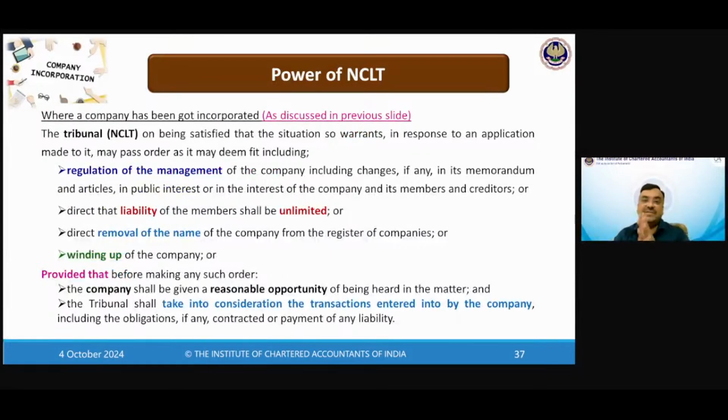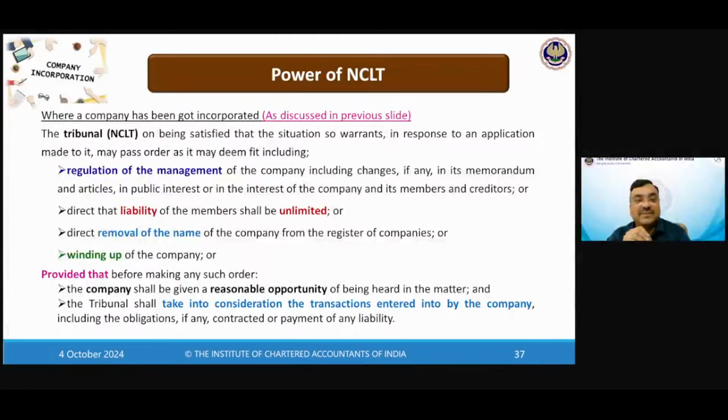Now, power of NCLT. अब NCLT, अब दादाजी आ गए, दादाजी की पावर क्या है? Where a company has been incorporated, as discussed in the previous slide, by false information, incorrect information, दादाजी क्या कर सकते हैं? The Tribunal, NCLT, on being satisfied that the situation so warrants, in response to an application made to it, may